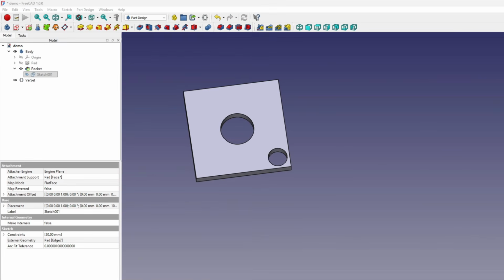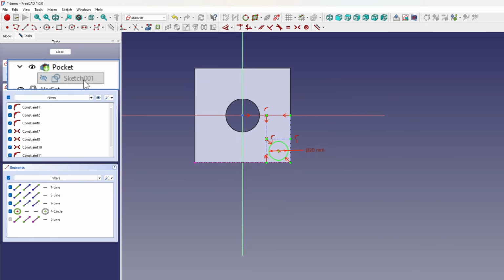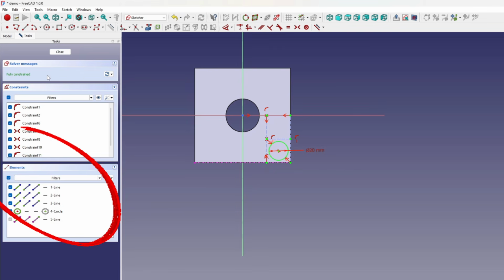The starting point is the square with a circle block from part 2, From 2D Shapes to 3D Models, reused in part 3, Pocket Tool, already padded into a simple 3D shape. Both the pad and the sketch are visible at once, which works for modeling but is a bit noisy for constraint detective work. The sketch is activated from the model tree with a double click, dropping straight into Sketcher edit mode. The focus then shifts to the Tasks tab, where Solver messages, the Constraints list, and the Elements list live